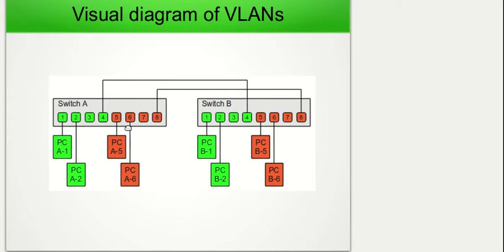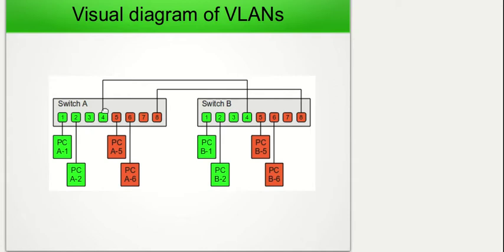They're logically separated and logically in different broadcast domains. This diagram is showing that in order to connect devices that live on the same VLAN but on different switches, we would have to use a different connection for each VLAN. In this case, for PC A1 and A2 to communicate with B1 and B2, where A1 and A2 reside on switch A and B1 and B2 reside on switch B,